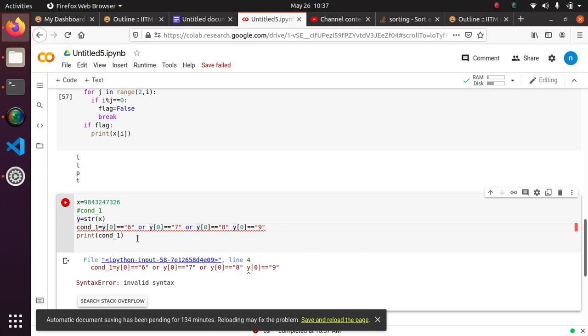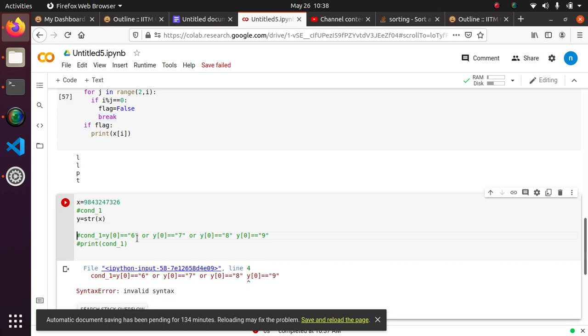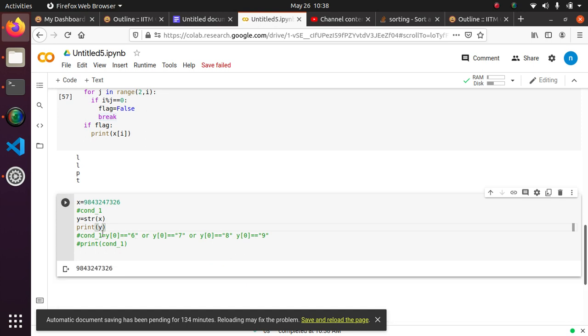So what is the problem here? Okay, wait, I'm just going to mark this as a print of y. Okay, now it is printing a string.